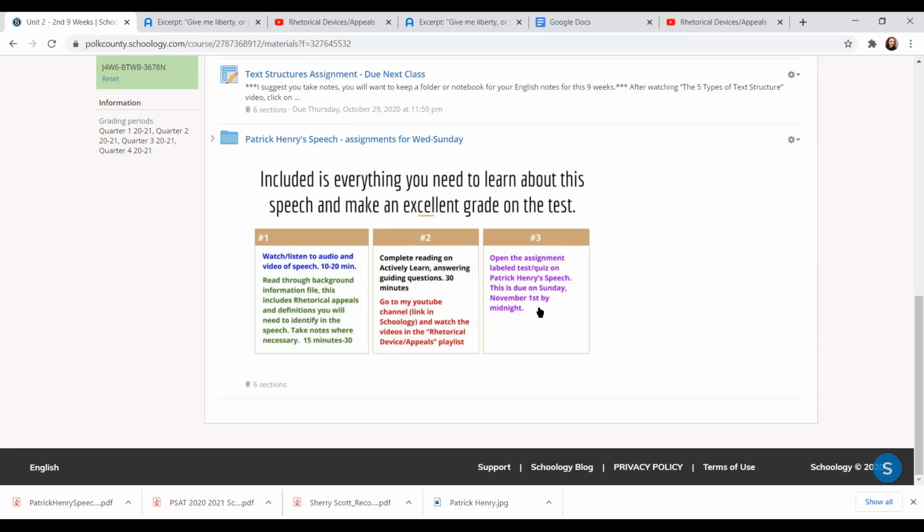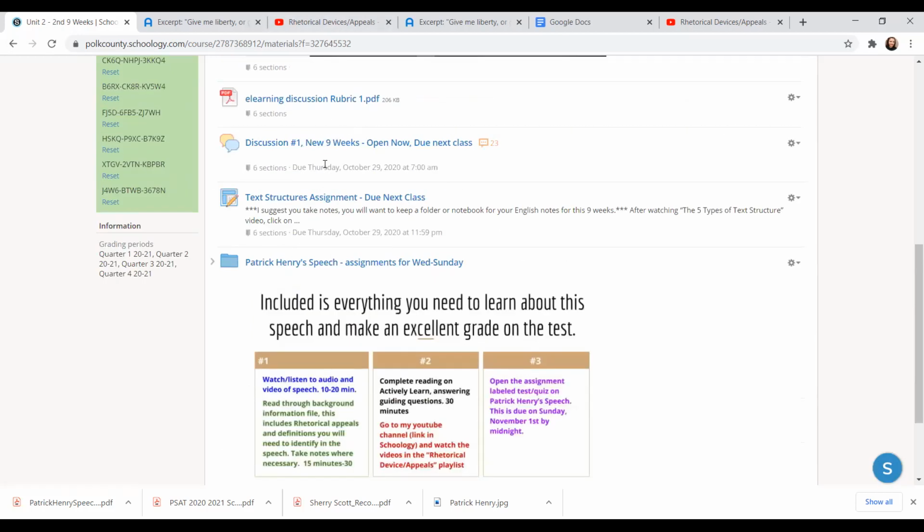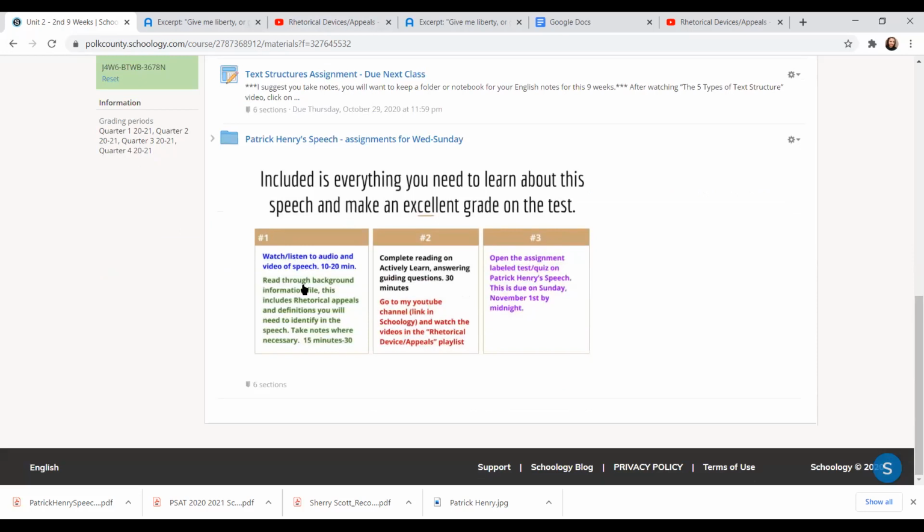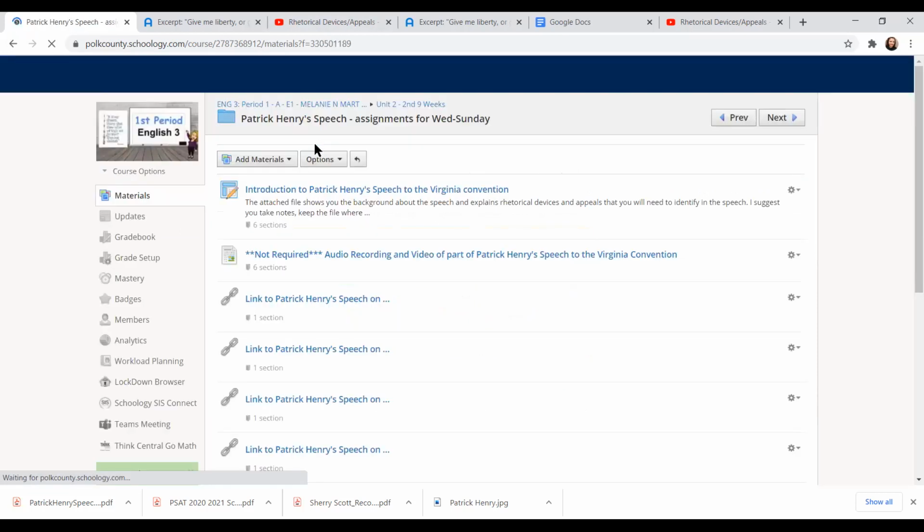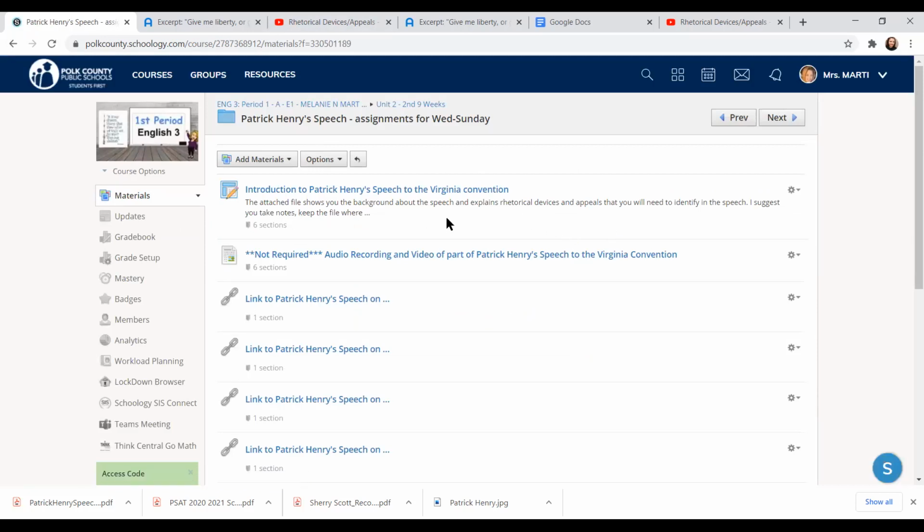Your main grade is going to come from this text assignment here and then the things we did last class, okay? But there is a lot of information in here that is not required, but it is there for you if you need it because I know I'm not always available. So I've tried to make sure that something is available there for you in case I'm not.